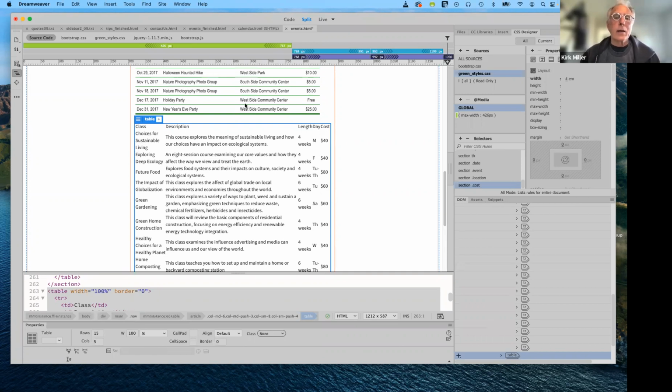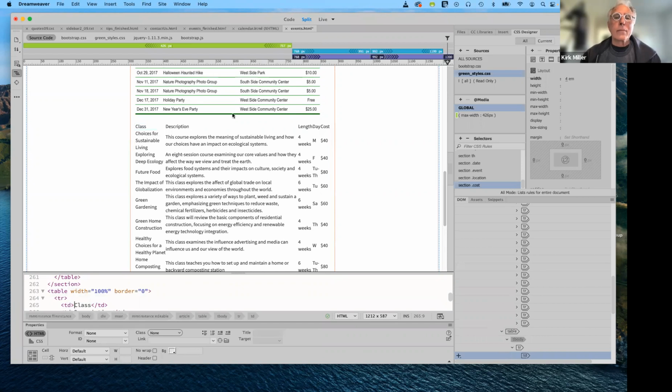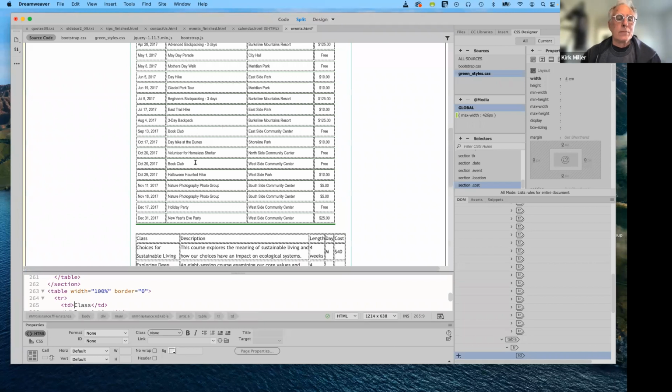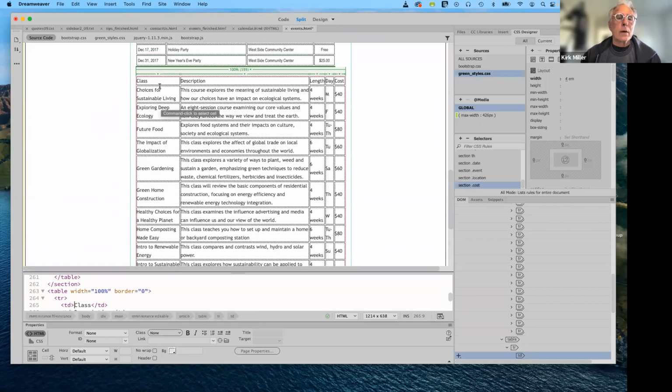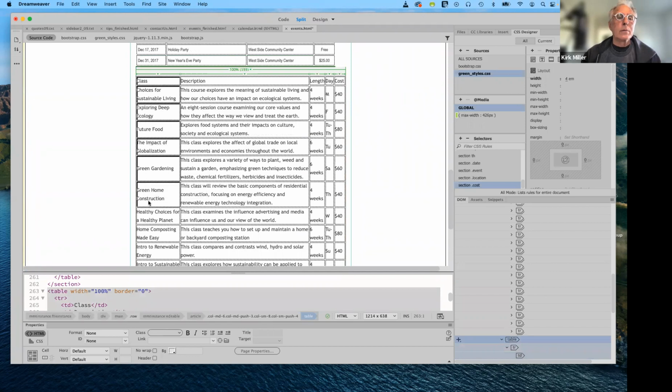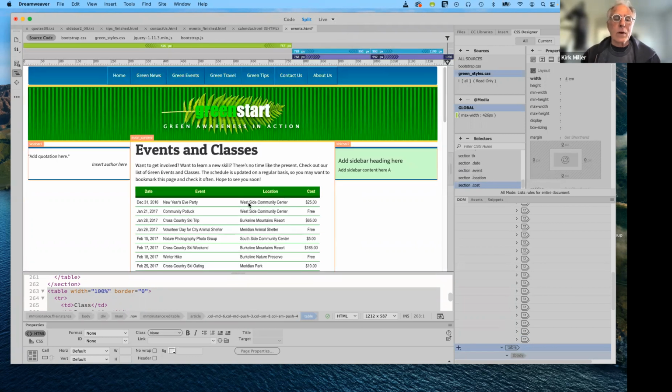And then again, in design view, I can select them like so. Am I in design view? No, I'm in live view. So I need to go back to design view. Okay. And I need to click and drag them all. And once I've created those classes, I need to assign them as I did before. And then we'll have everything working just fine, hopefully. So I'm going to go back to live view. You can see that when I scroll down,